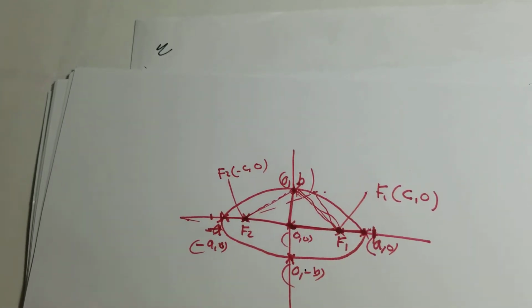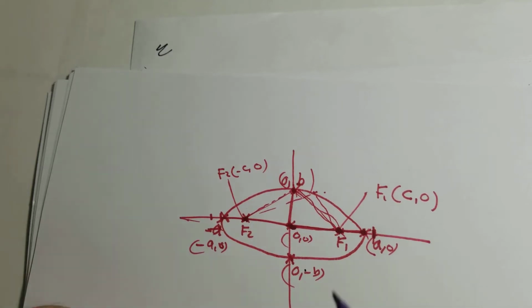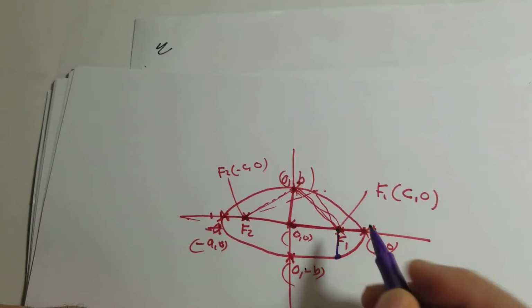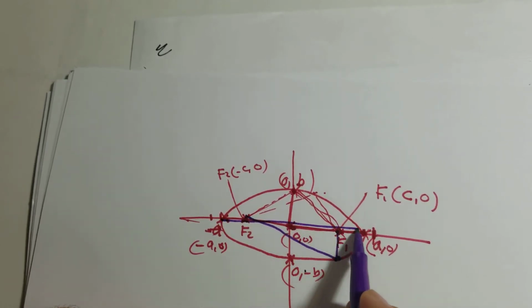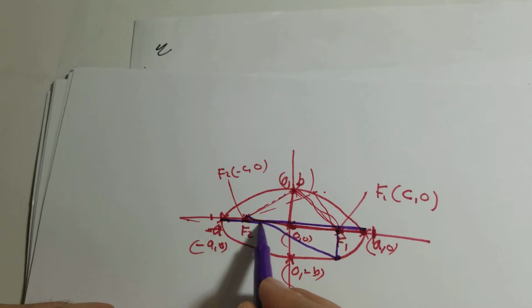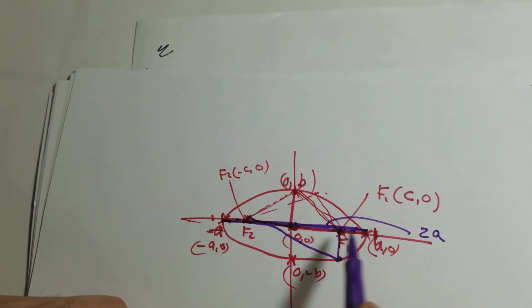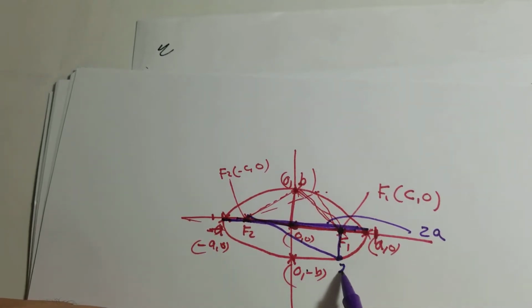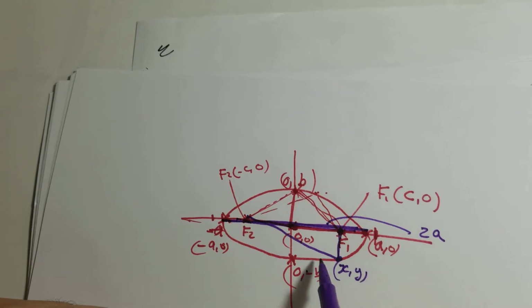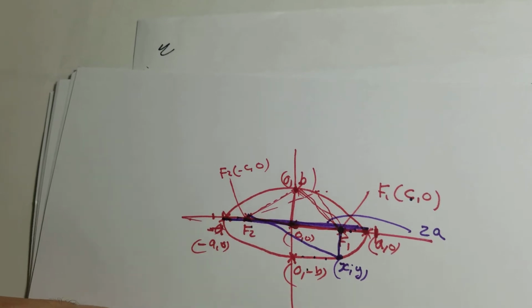And if you pick a point anywhere on the ellipse, like this point, that distance plus that distance should be that distance. And that distance is nothing except 2A, because this is A, that becomes 2A. Then tell me, what is that distance? I know the coordinates of this point could be X and Y. X and Y could be any points here. And F1 is here, and F2 is here. Therefore, that distance is